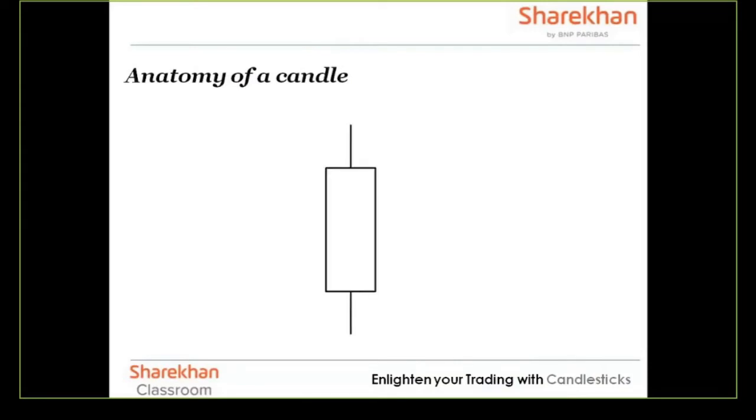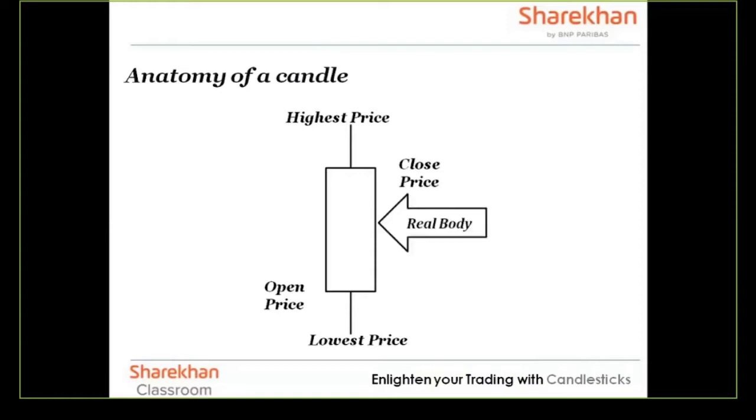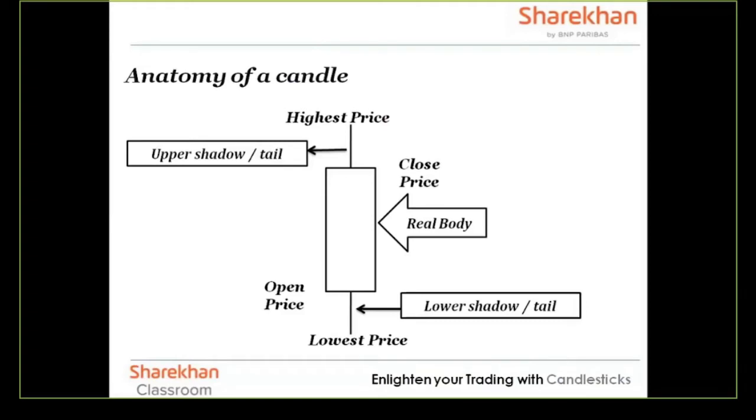So this is how the candlestick looks. It has the open price at one end of the rectangular body. It has the highest and the lowest price at the extreme ends of the vertical lines which are above or below the rectangular body. And finally, it has the closing price on the other end of the rectangular body. The rectangular body is called the real body, which is the real essence of the price action as per the Japanese technique. The shadows above and below the body are referred to as emotional extremes. The vertical lines above or below the body are called shadows, tails, or wicks.